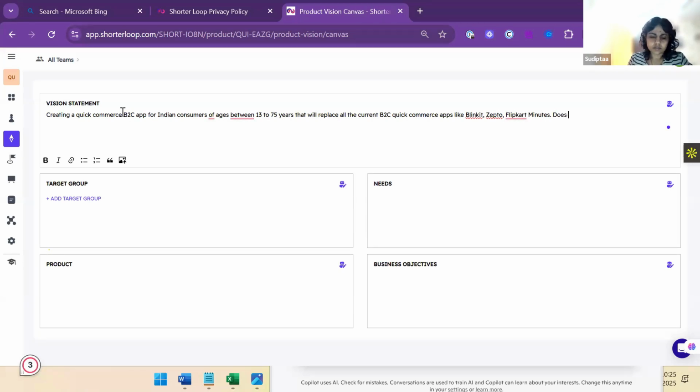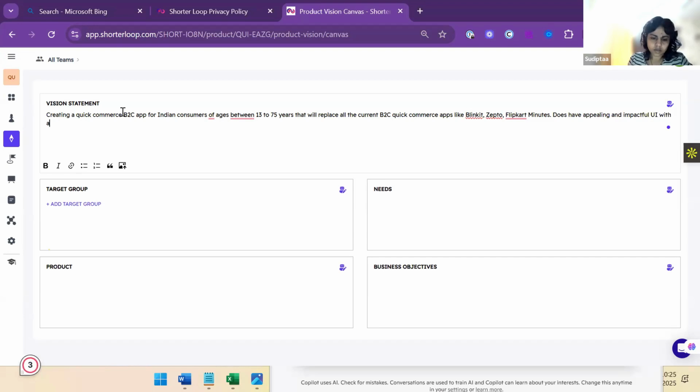It should have a feeling and impactful UI with action treatment to inspire the users to perform the desired action.